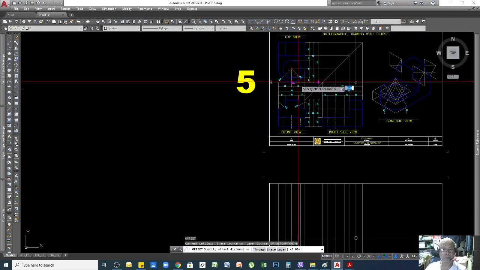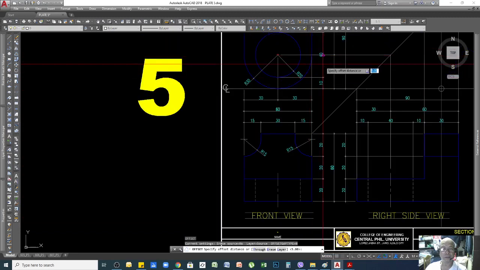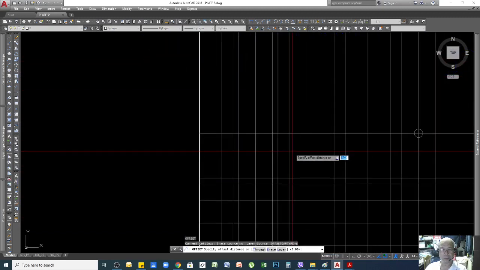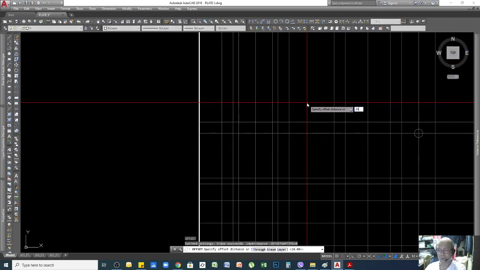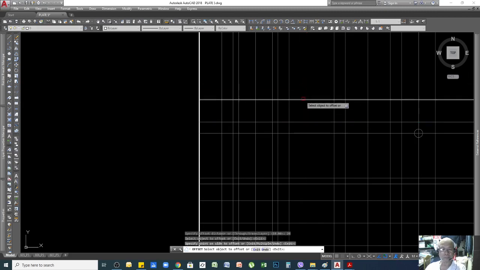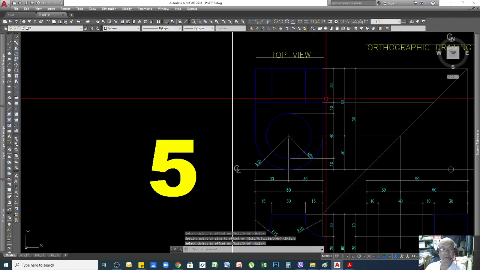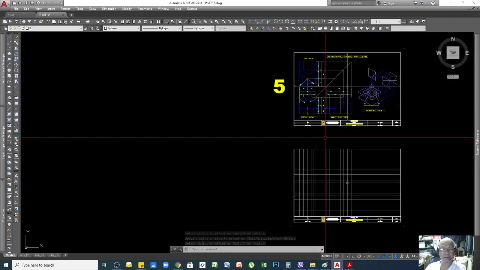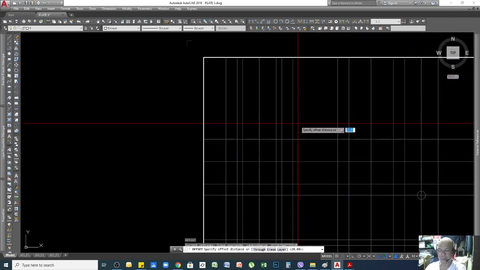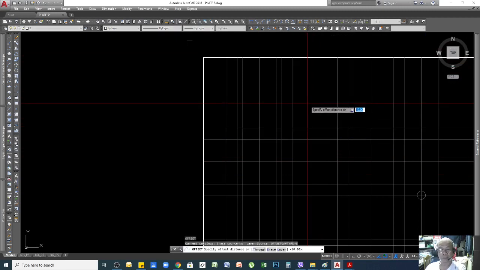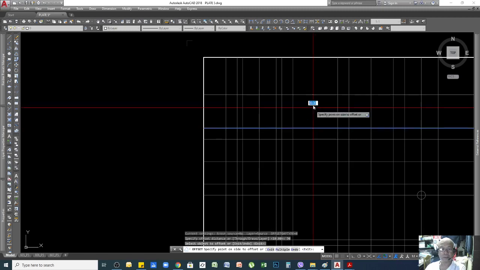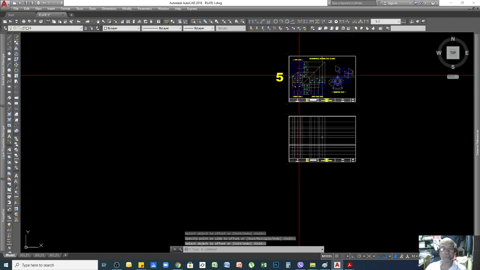What is the distance? 10, and then 20. So I will type 10, then offset 20. Okay, and then what's next? 20, and we have 10 here and 30. So I'll offset 10, and then offset again 30. Okay, everything now is complete.